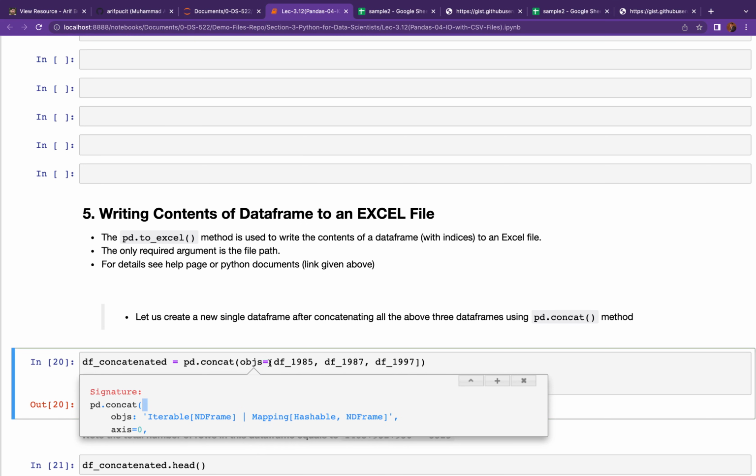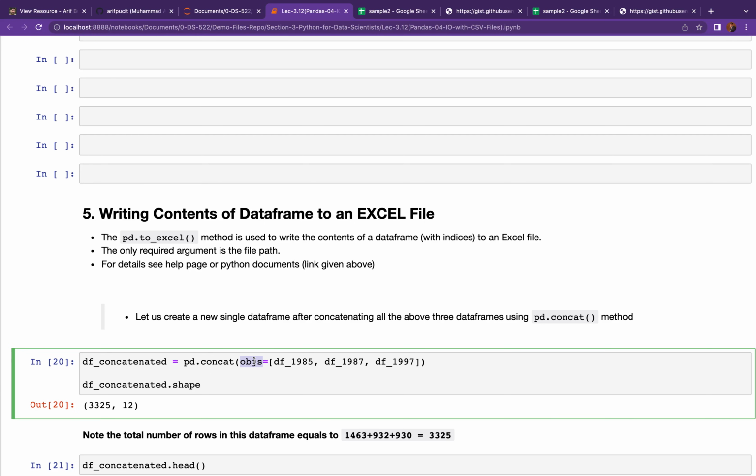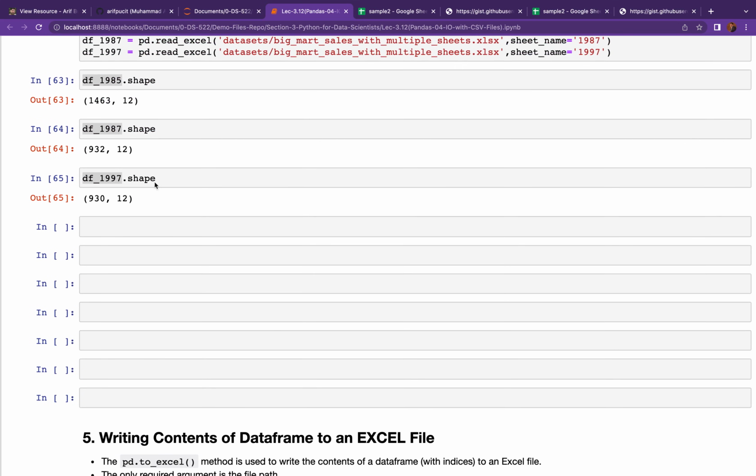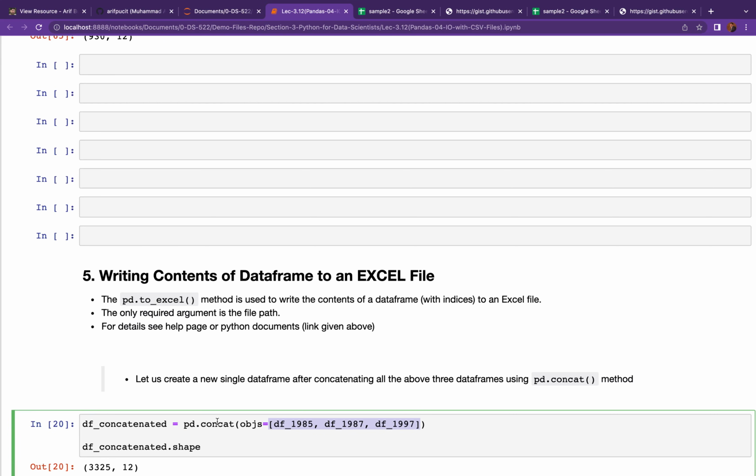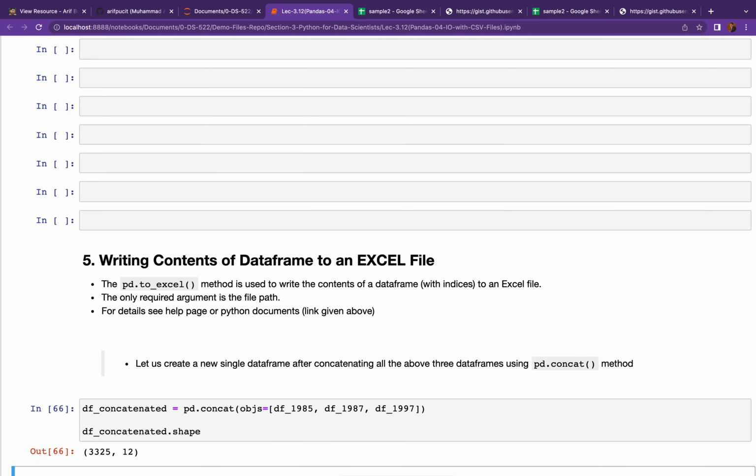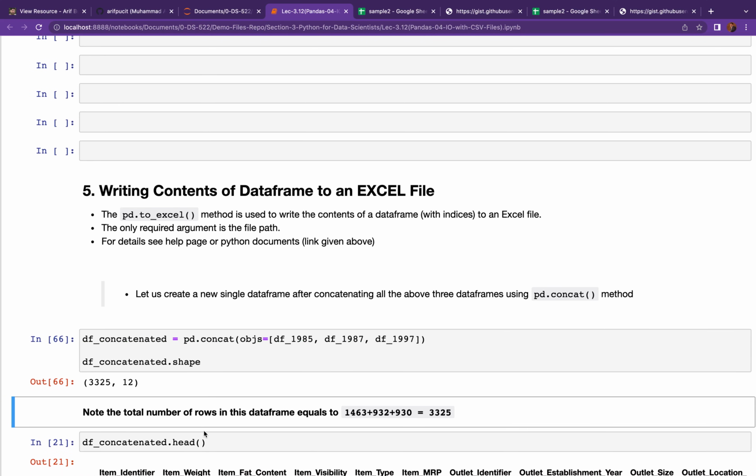And the only required argument is the objs method. So this objs method is passed a list of the data frames that you want to concatenate. I have all these data frames above over here. I am passing them to the pd.concat method, and it will return a data frame that contains all the records of these three data frames. So you see now this